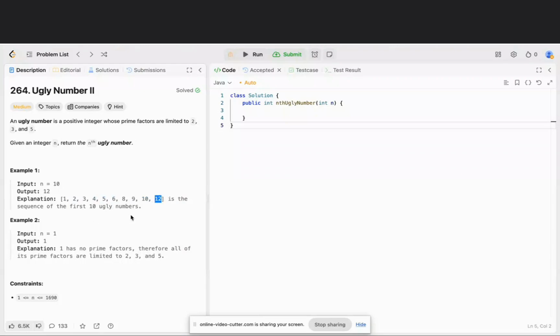So how to get the 12? You can see here the prime factors are limited to 2, 3, and 5. So we have three choices, three factors. Now let's come to here, and we know n is 10. You can understand we always start from 1. So now how to get the next ugly number? So for example,